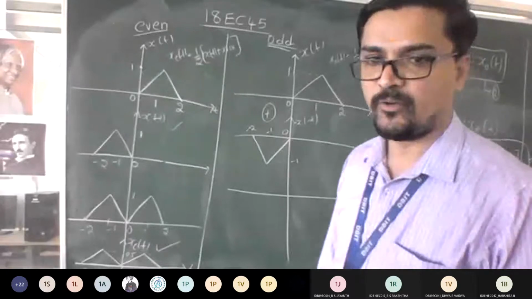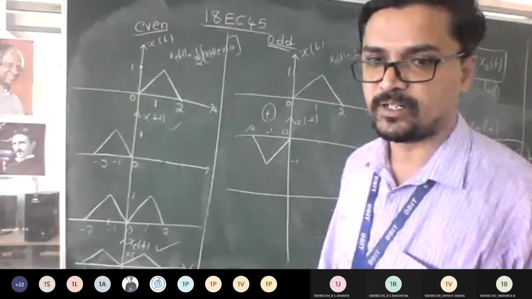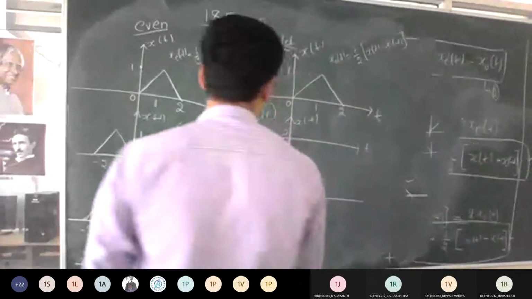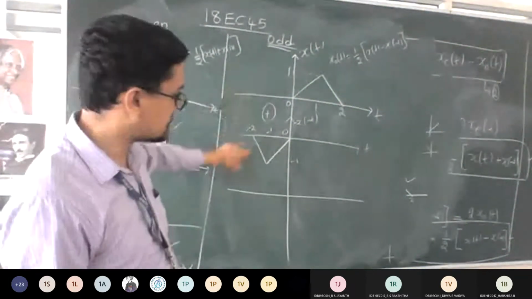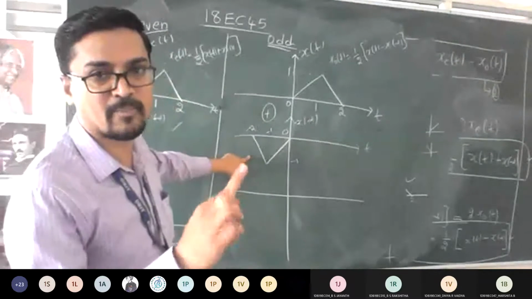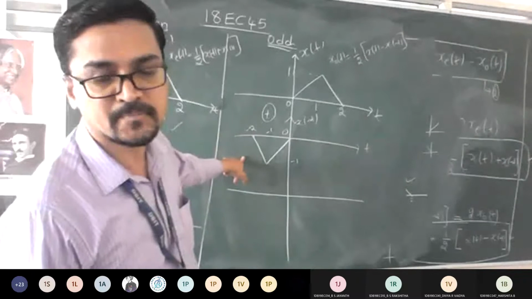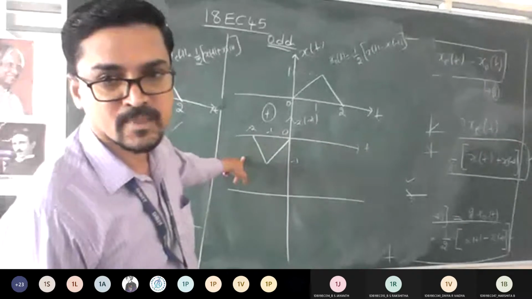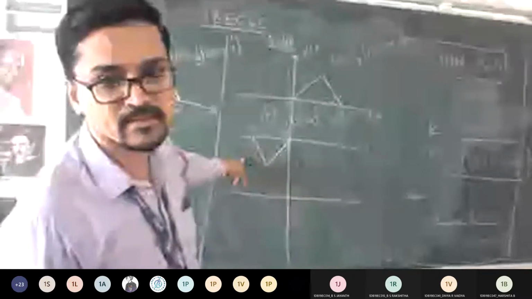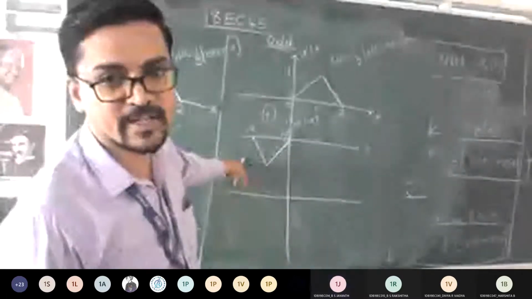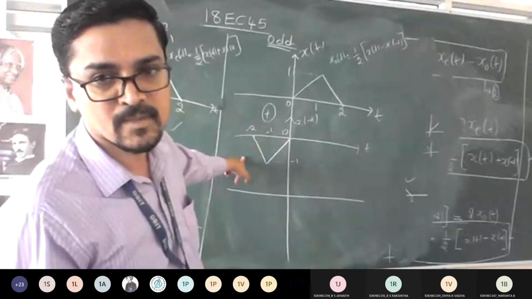So now I want to add these two signals to get my odd component. Okay, look at the things, same procedure. There is no signal here, but there is signal here. But now look at the amplitude. So it is like 0, minus 1. Is it 0, minus 1? So it should be what? Minus 1, which means the signal should be towards negative side only. Yes or no? Yes, sir.